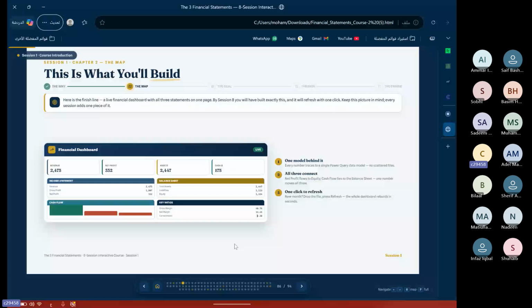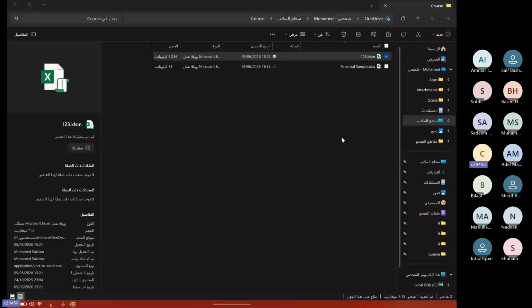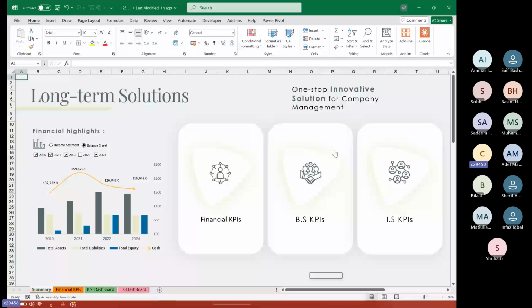We will build a financial statement and KPIs and everything you can imagine. Till now, we have spoken about that dashboard. We are working on it. Of course, we will update it, and of course, we will work on it together. So we will have full access to this dashboard. You will build it from scratch by yourself.